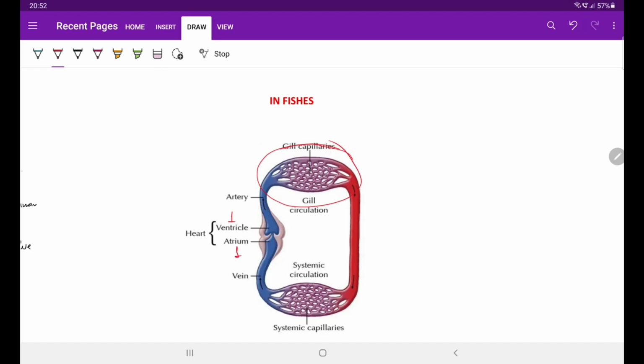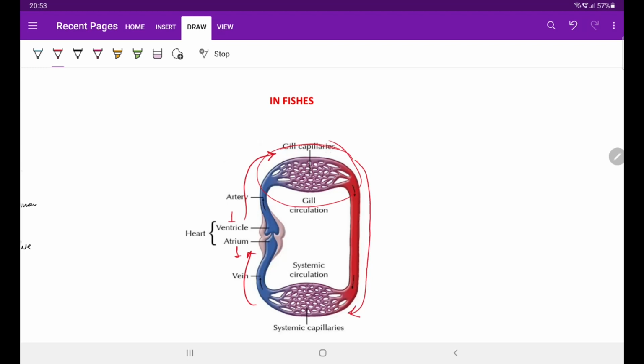The carbon dioxide rich blood is supplied to the heart through the vein, which is received by the atrium, and it is supplied to the ventricle, and the ventricle pumps the blood to the gills for oxygenation. Gills oxygenate the blood and the blood goes to different body tissues,